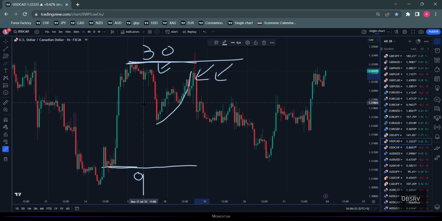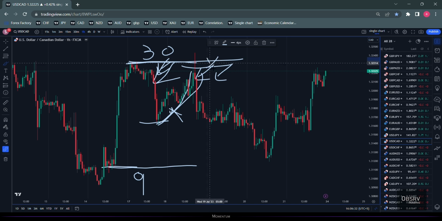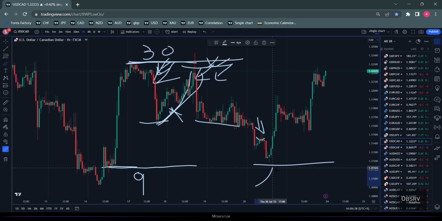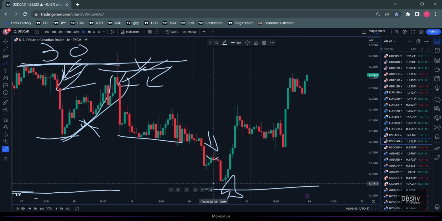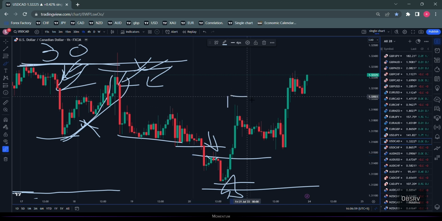The seller still looks to be in momentum, because if you take a look at this to this, obviously this has taken less time to go all the way there. This has taken more time to go all the way up there. And then again, less time to come all the way down here, pulling back, pulling back. The last bit of aggressive sell happens, and then the buyer takes over. Now, let's say the price came down to $9, and the last time the price came down to $9, it went up to $30. But this time, it just goes through different thresholds and goes up to let's say $15, $16, or $17, right?